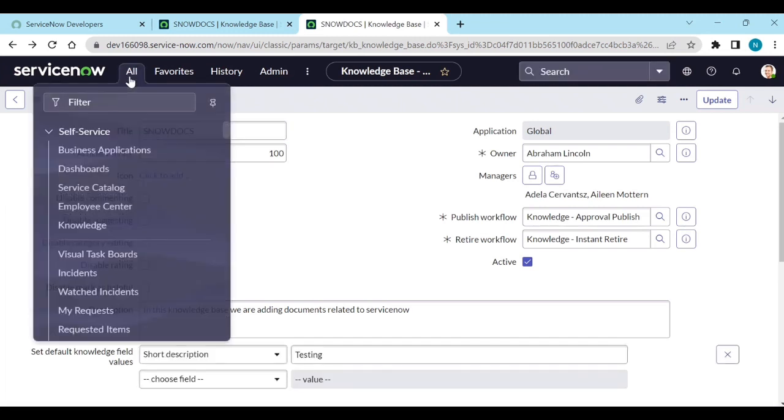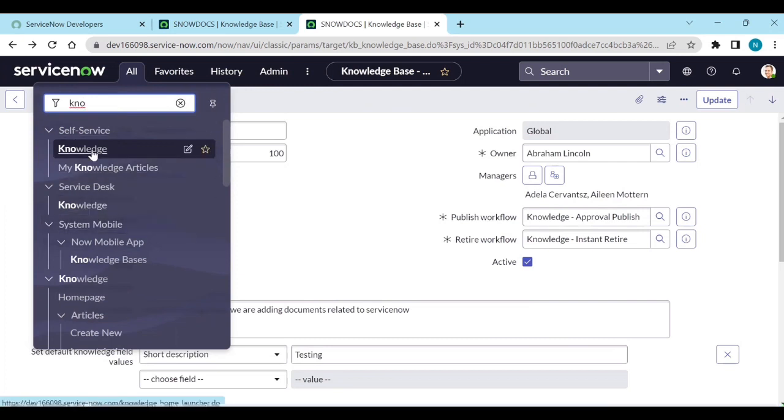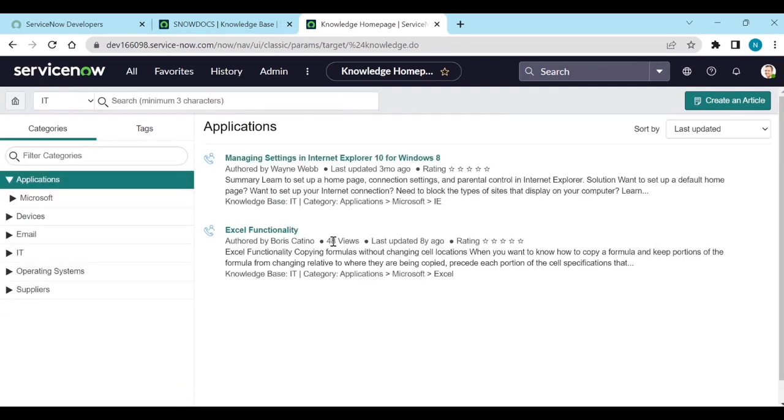If I go to the knowledge and open any article, for example, we have 31 articles, if I open any article,